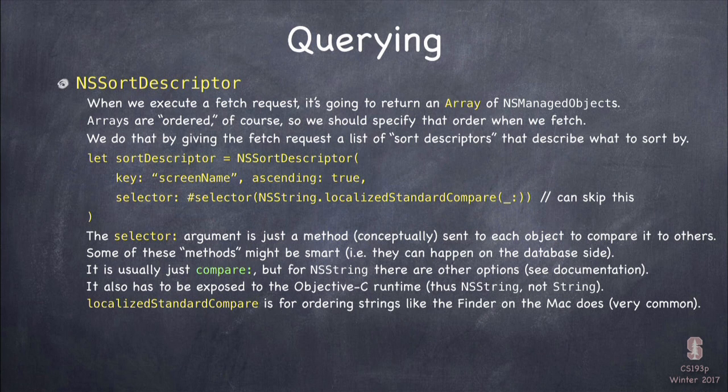And what does the Finder on the Mac do that's different than case-insensitive? Well, there's a lot of issues with things like diacritic marks and things in your local language where things sort differently depending on what language you're in, what locale it is. Sometimes you ignore the diacritics, like accent marks. Sometimes they mean something. And so localized standard compare is a special compare for strings that knows how to do that. Okay? And this is very commonly the one we will use for strings. When we're going to show something in our UI, maybe this array of things we're fetching, we would want it to be in order, using this localized standard compare.